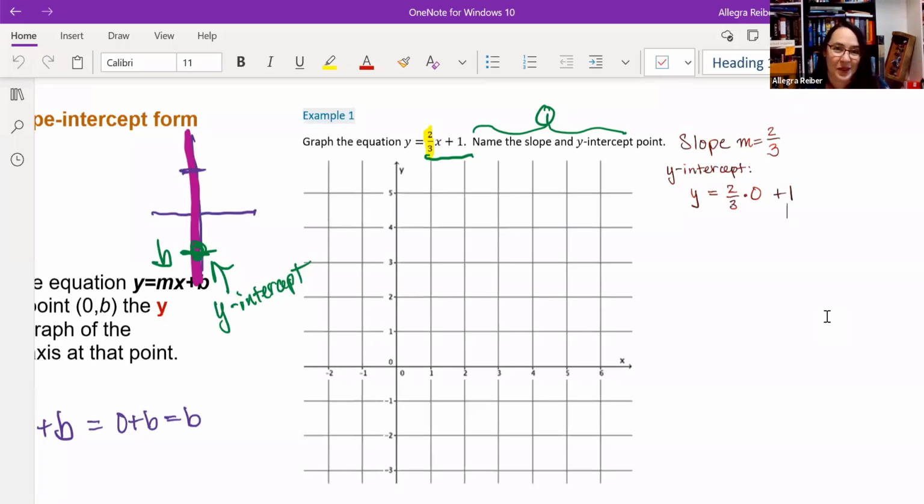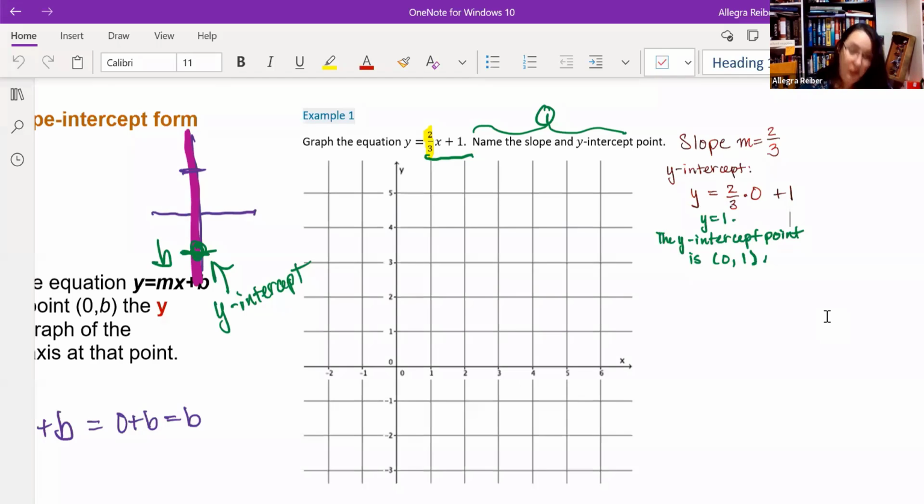Great, 2/3 times 0 is 0. This is y equals just 1. So we get y equals 1. Therefore, the y-intercept point is 0, comma 1. And after we've gotten some practice with this, as I mentioned before, the number that is added on here,